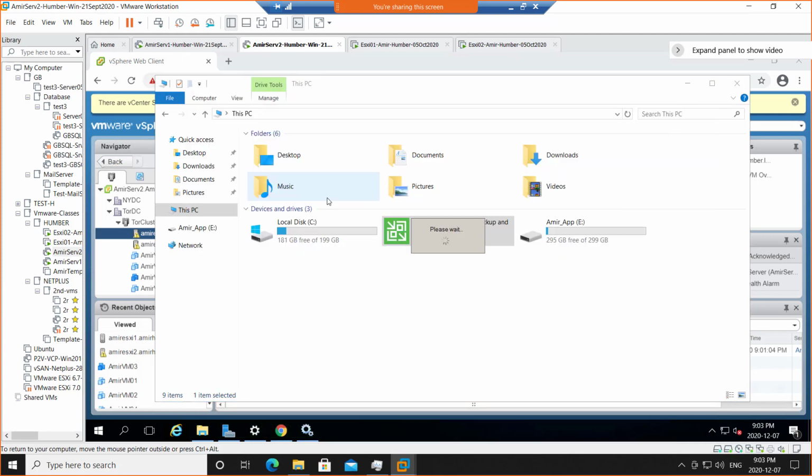Once you click that big button, which is a smiley face, it starts its installation. It's going to install its free SQL Server as well, the SQL Express Edition, and it needs to be connected to vCenter. But this is the backup software.